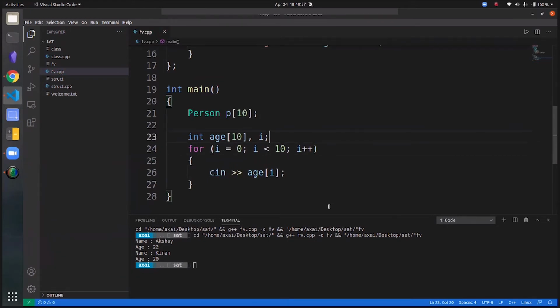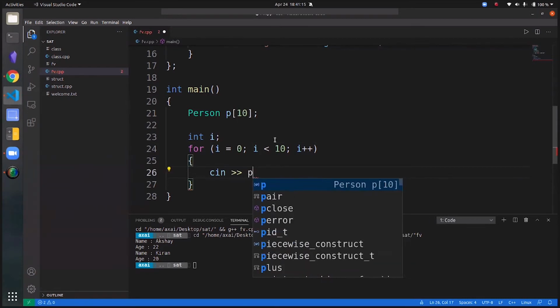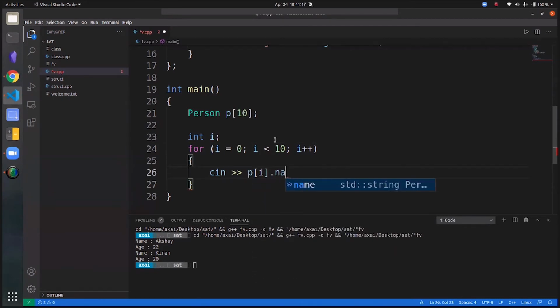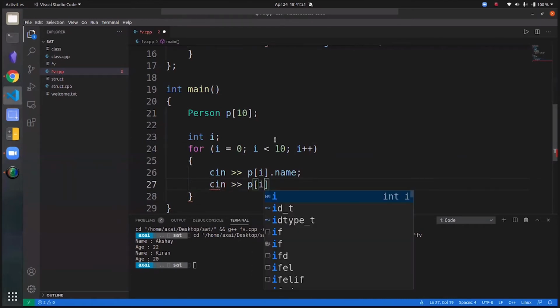I can do the exact same thing for an array of structures. So here I can do p of i dot name and p of i dot age.